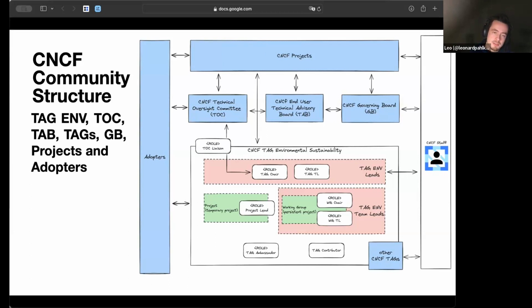So basically, over time, the CNCF grew a lot in size. So the TOC has a lot to do. And the idea is now to split the work a little bit. So we have now a new group, the TAB. And then there's also the governing board who decides on funds and financial stuff. And there's also an executive committee. And then we have CNCF staff who is supporting us if we organize events, if we participate in any sort of event and so on.